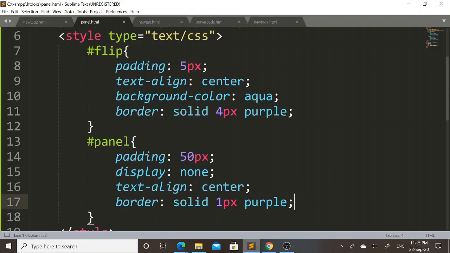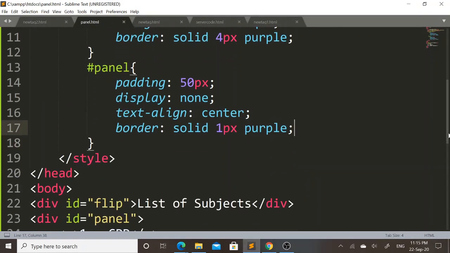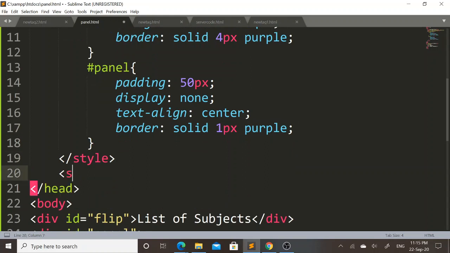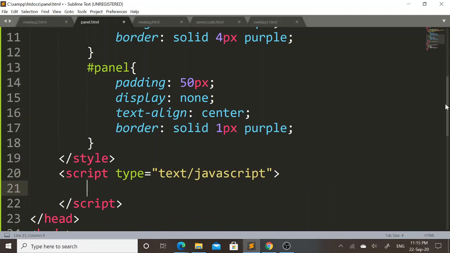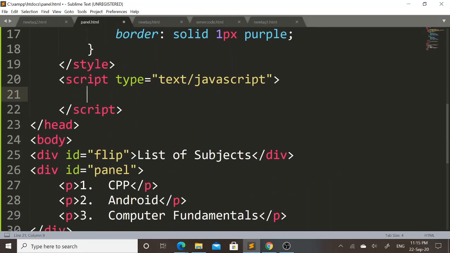So to perform such operation, again after style tag I will include script tag and I will write the code for jQuery in between this script tag.